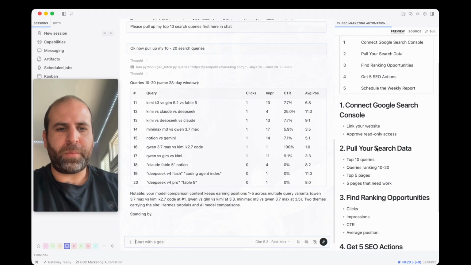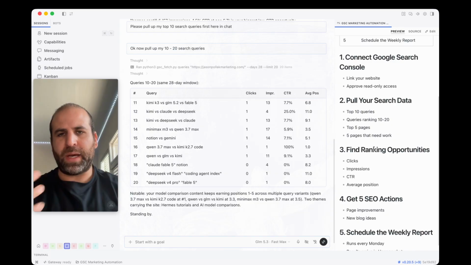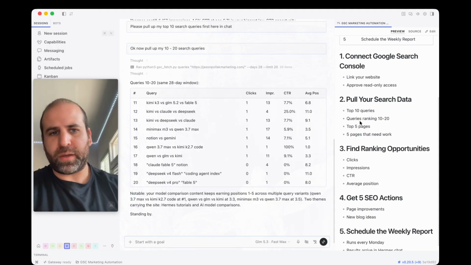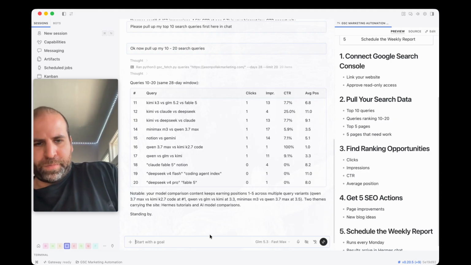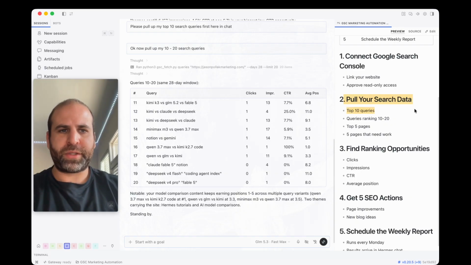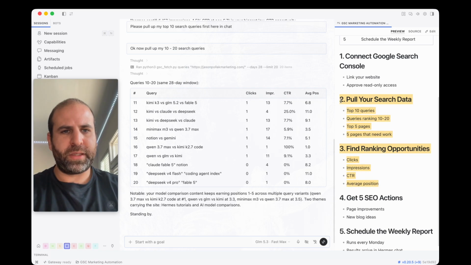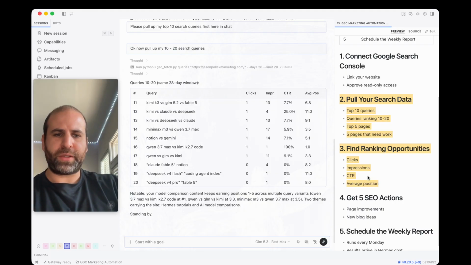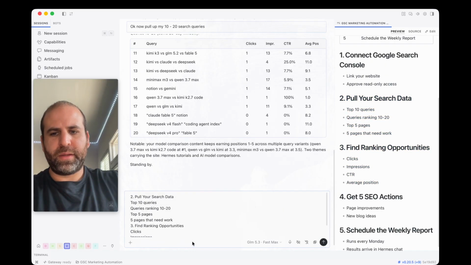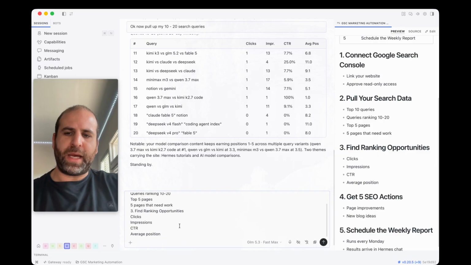And the whole point of this is not to really show you how to use Google Search Console. The point of this is to show you how you can now actually automate this so you get these reports every week. So what we want to do is now put GLM's agentic skill set to use. Now, so we want to pull the search data for this. So pull search data for these things, and we want to find ranking opportunities based on clicks, impressions, click-through rate, average position, and now you'll actually be able to see how